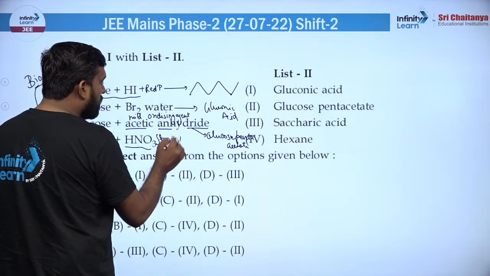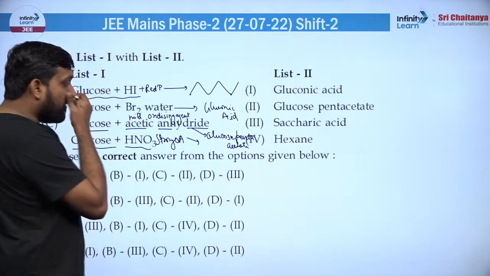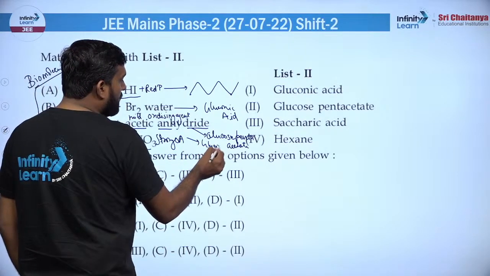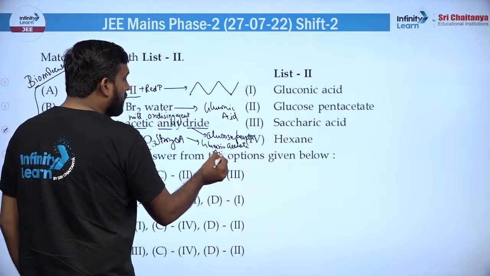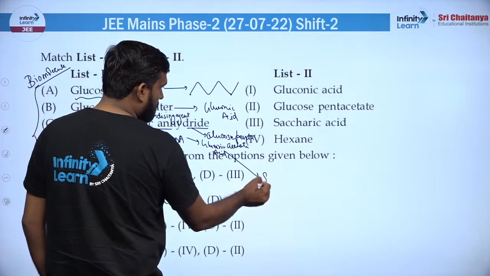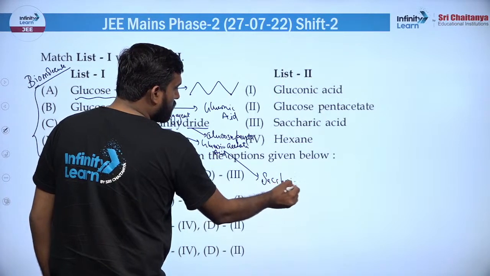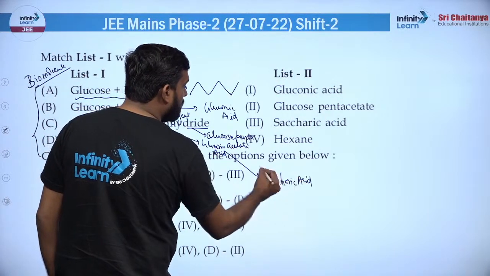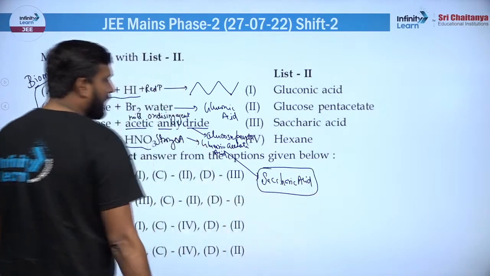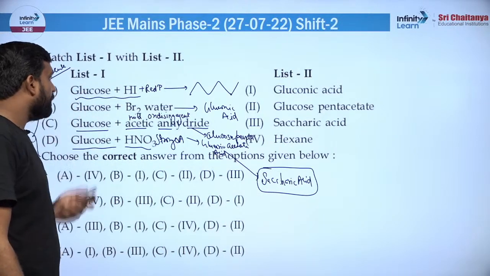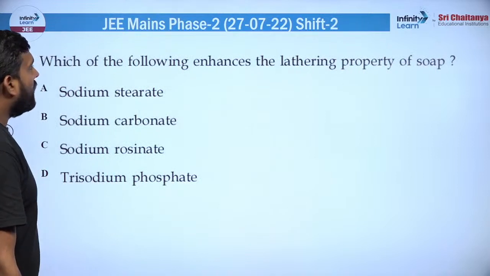फिर ग्लूकोज को जब HNO3, ये जो है स्ट्रॉन्ग ऑक्सीडाइजिंग एजेंट है। अब स्ट्रॉन्ग ऑक्सीडाइजिंग एजेंट प्राइमरी अल्कोहल को भी कन्वर्ट कर देता है एसिड में, तो यहां पे ग्लूकैरिक एसिड बनाता है। ये स्पेसिफिक नाम है, इस पूरे एसिड ग्रुप के नाम को सैकेरिक एसिड कहा जाता है, ठीक है। ध्यान रखिएगा, अगर ग्लूकोज है तो ग्लूकैरिक एसिड बोलते हैं, लेकिन उस पूरे फैमिली को जिसमें इस तरीके से होता है उसको सैकेरिक एसिड बोलते हैं, ठीक है। तो ये सैकेरिक एसिड से मैच कर जाएगा। बाकी आप करा सकते हो, सारे प्रोडक्ट मैंने आपको बता दिए हैं, ठीक है।